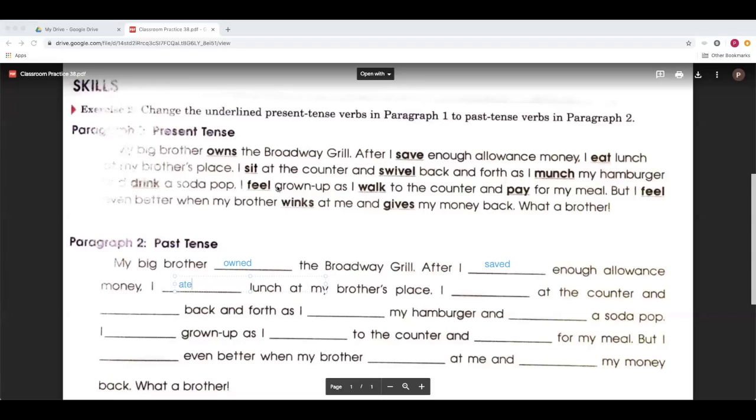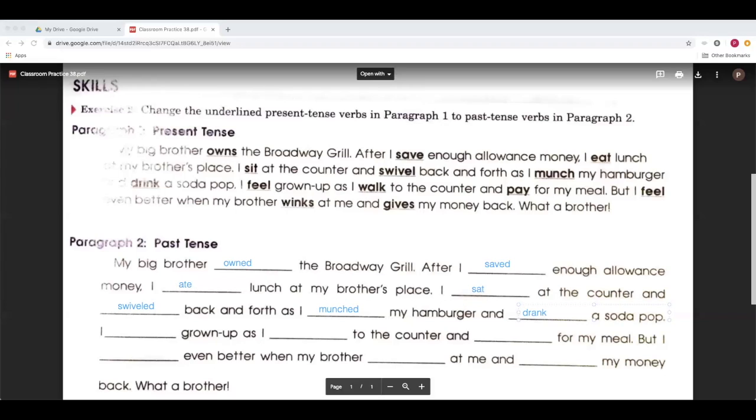I not sit, but sat at the counter, and not swivel, but swiveled back and forth as I not munch, but munched my hamburger, and not drink, but drank